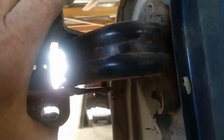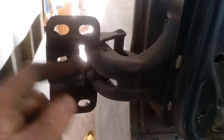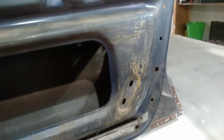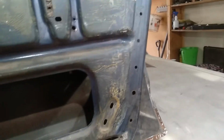Here, look at these hinges. I don't know whether these hinges have been rebuilt, but there's a little bit of movement in that. There's hardly anything in that, and that's the driver's door. It's not so easy to move that bottom one because it's got the tension and the spring and everything on it, so it's holding pressure. But this thing hasn't done a lot of miles. I think it's had a fair bit of abuse, body wise, and it's been through an old accident, but